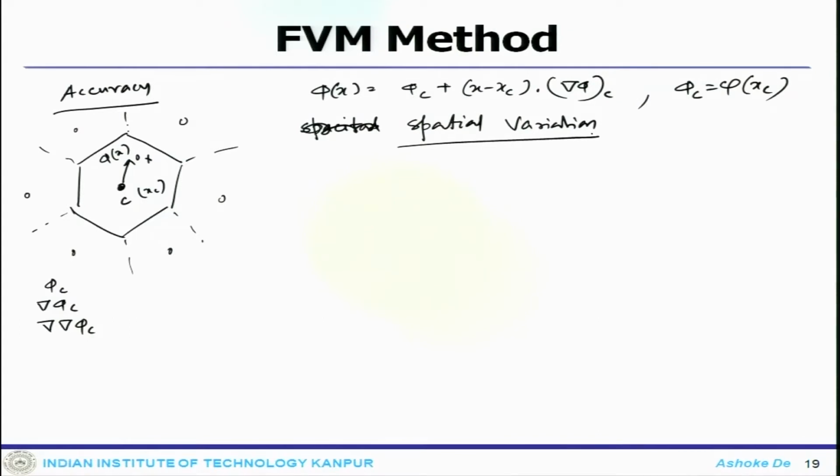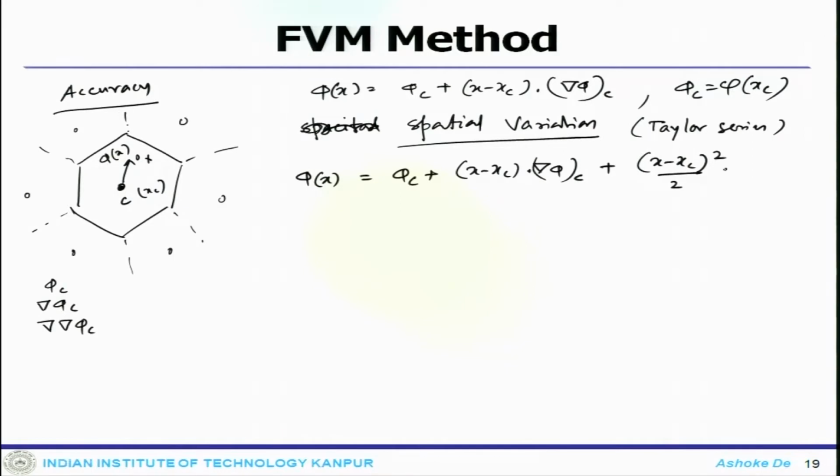It would be the same Taylor series, but we will now write it explicitly: phi x equals phi C plus x minus x c dot delta phi C, plus x minus x c square by 2 double dot del phi C, plus 1 by 3 factorial x minus x c cube del phi C, plus so on,